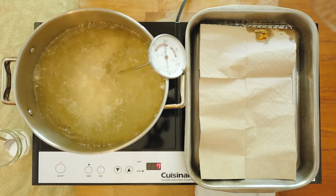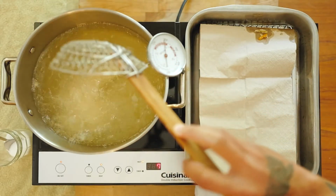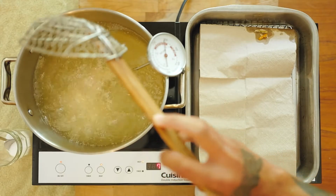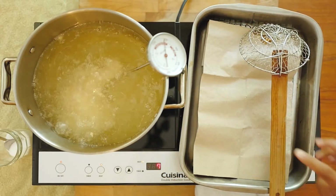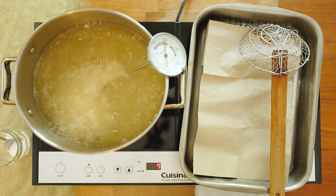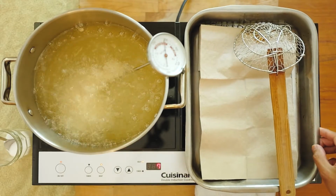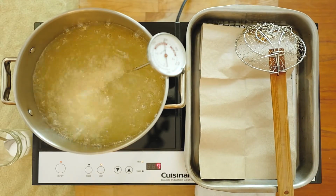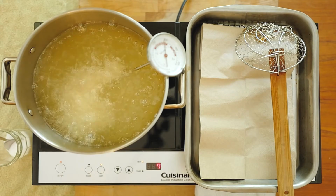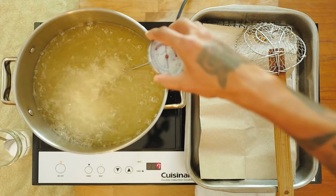So the most important thing here to know is to always be careful. Be safe. It's hot oil. You don't want to get burned. So you want to always place your chicken down away from you and not towards you, just in case you do end up dropping the chicken. At least the oil is splashing away from you. Also, the temperature of the oil is at 325,